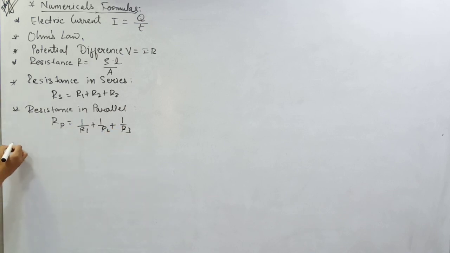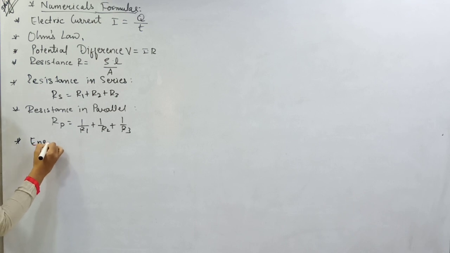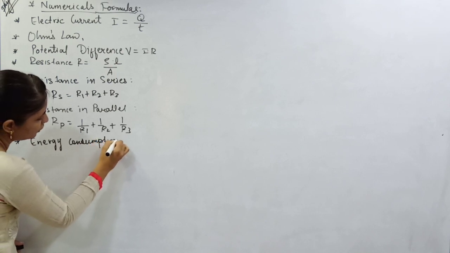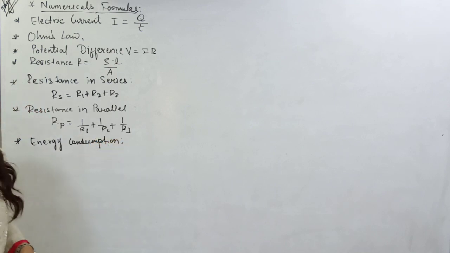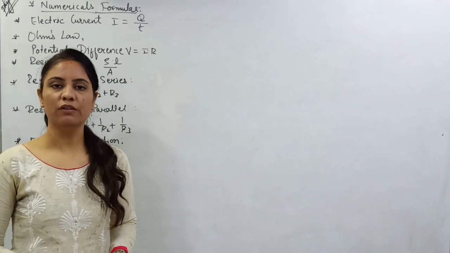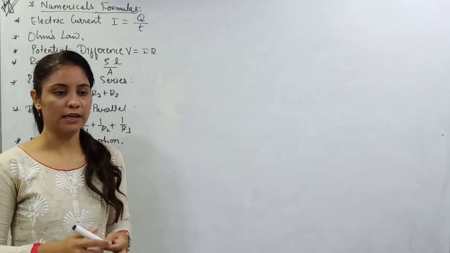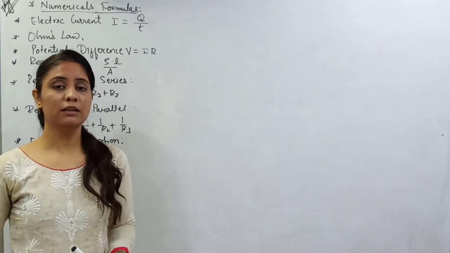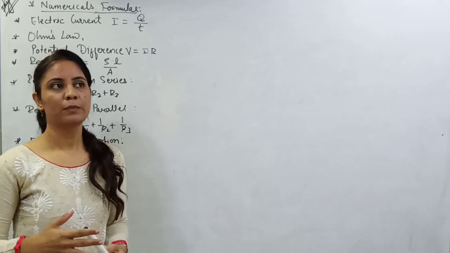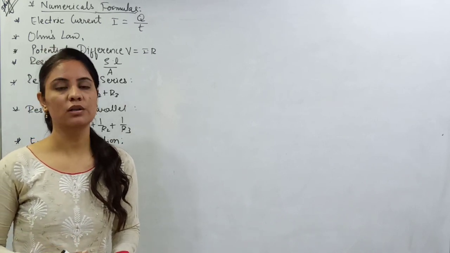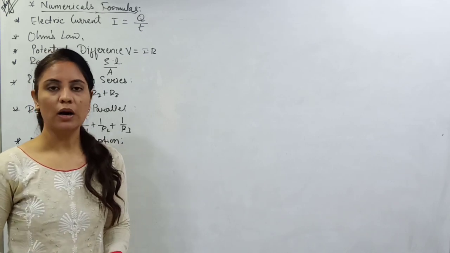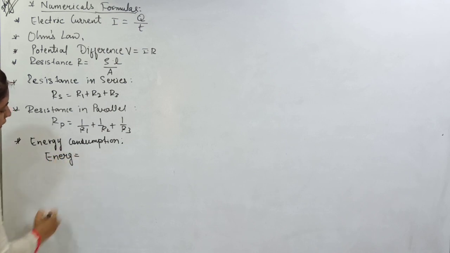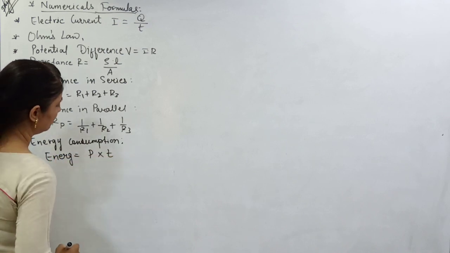One more equation is there. Suppose you want to derive the energy consumption. Suppose some device has been working for many hours. It has consumed some amount of energy, and you may have seen that the sides of that device get heated. The outside atmospheric temperature also affects the device and its components. So how much energy is consumed, suppose you want to derive that. We have the equation: energy is equal to power multiplied by time.